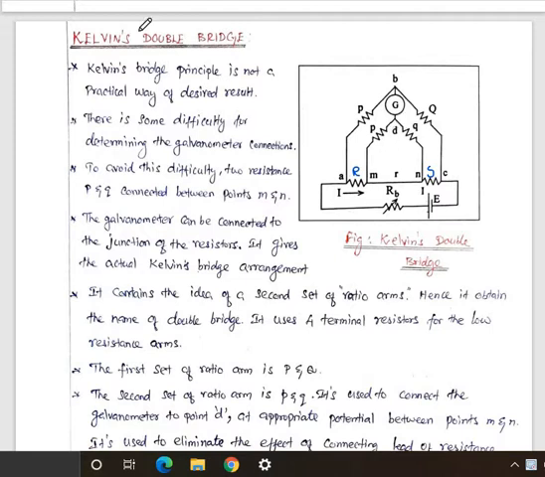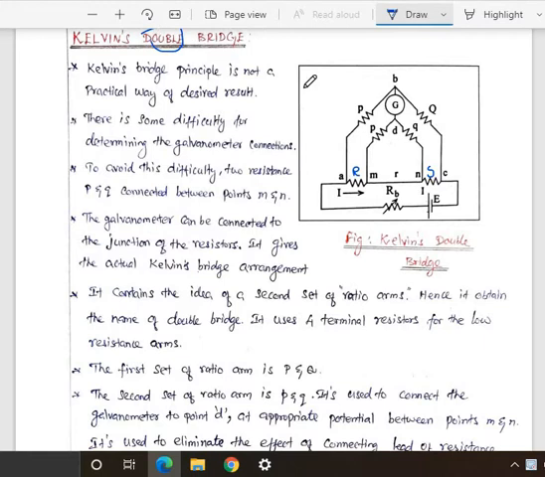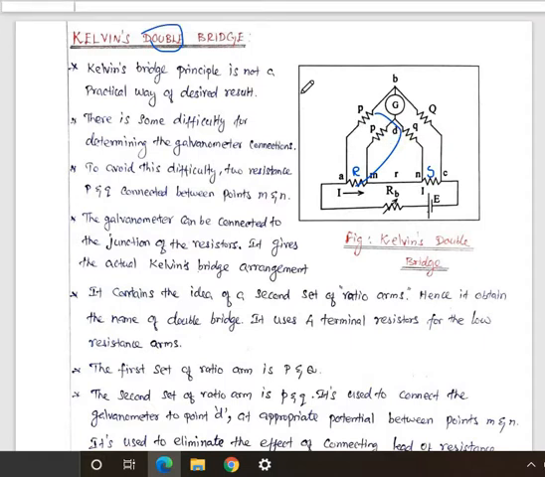Here the name is double. Here P, Q, and R are the resistance arms, and we have to find out the unknown resistance R. Additionally, we add the small resistances p and q in parallel in that circuit, so a double bridge will be created. Here P and p, Q and q. So the double bridge arrangement is created, and only then is it named the Kelvin double bridge.